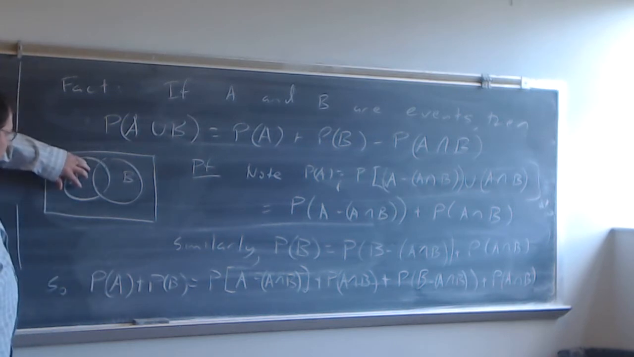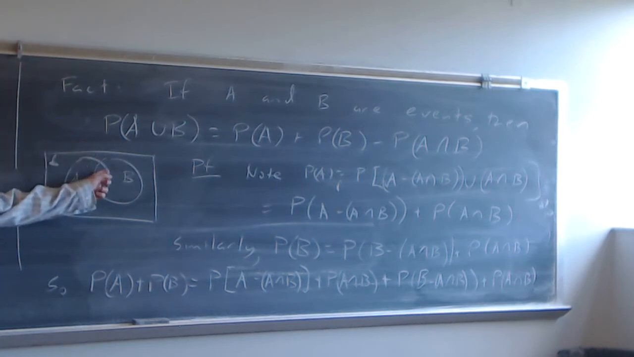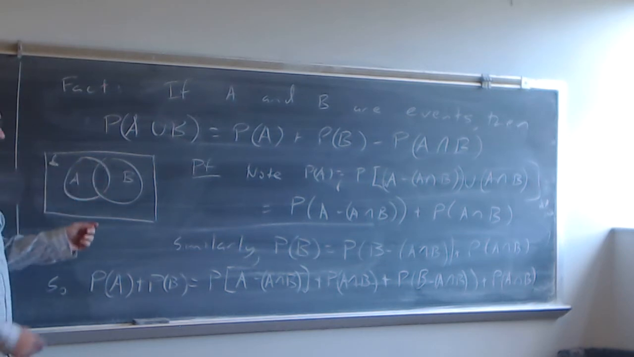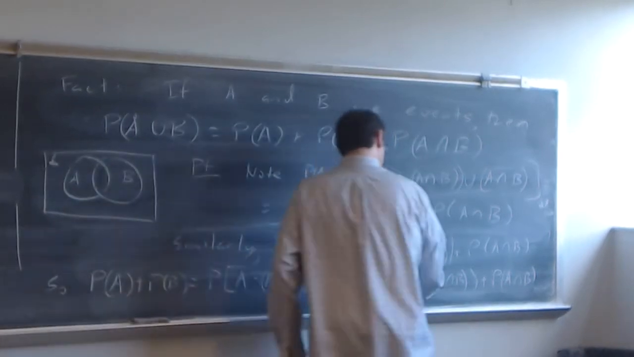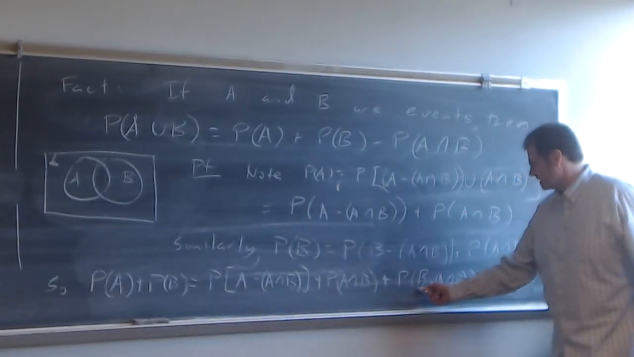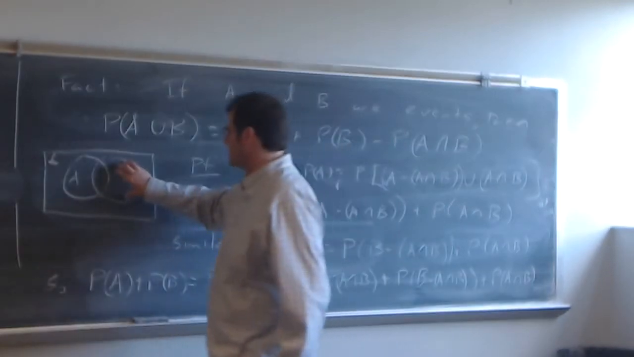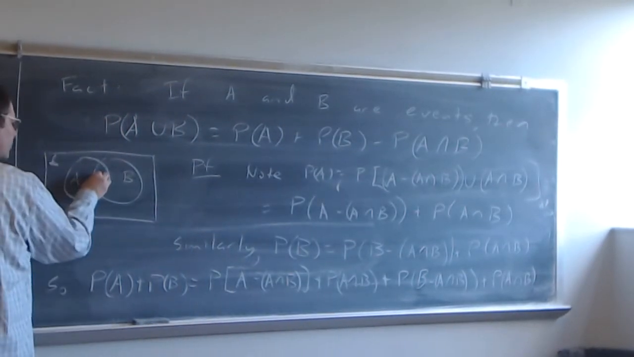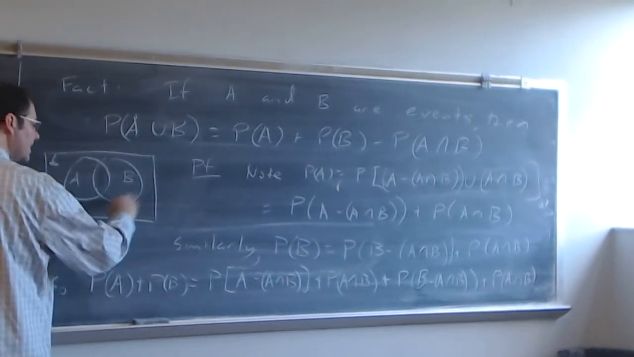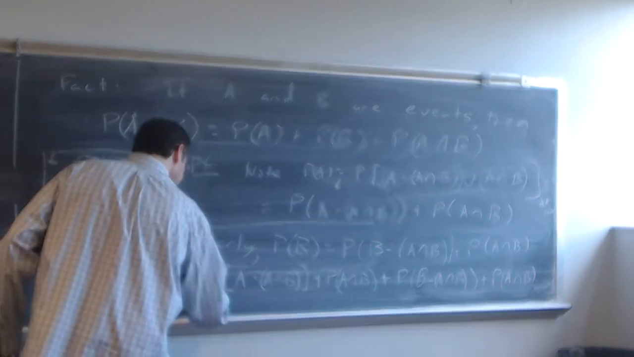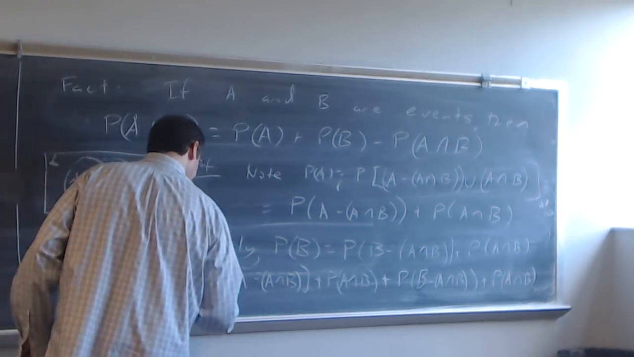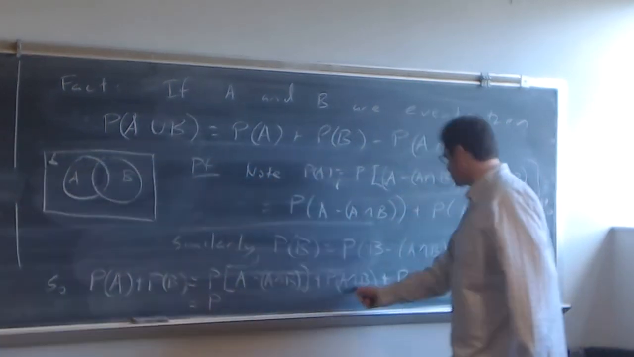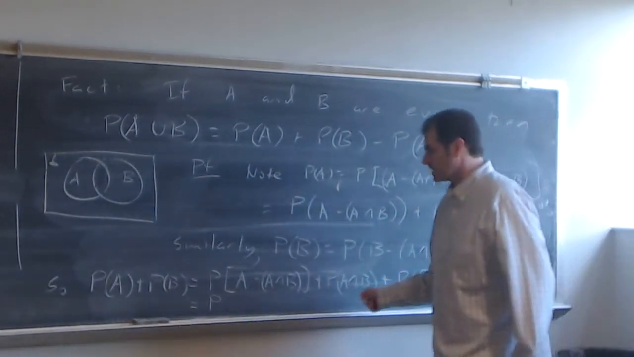So A minus A intersect B is just this part of A. A intersect B is this part of A. So really, when you have those two parts, they give you A. And then the last set that I want to concentrate on is B minus A intersect B. That's this part. So when you take this part, union with this part, union with this part, you just get A union B. So this is equal to, because of them being mutually exclusive events, and we're summing up the